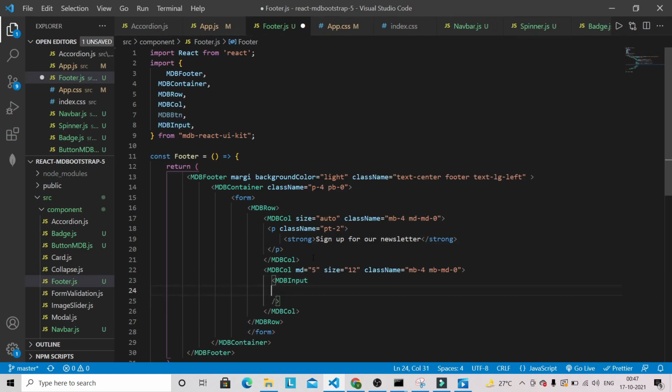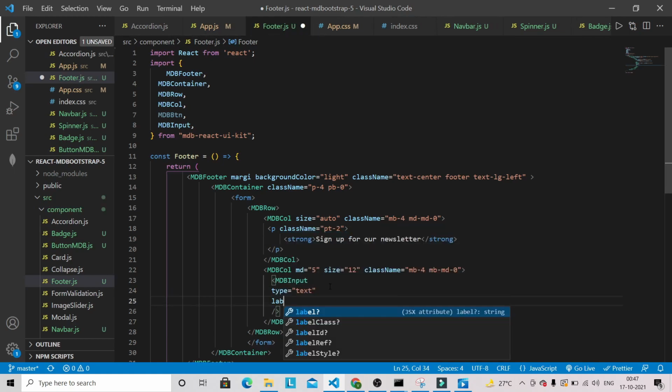And inside this input we can have just type equal to text, and label we can give like email address.